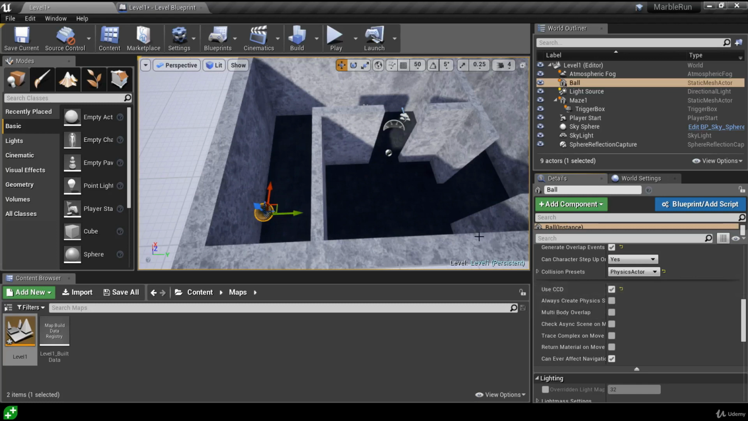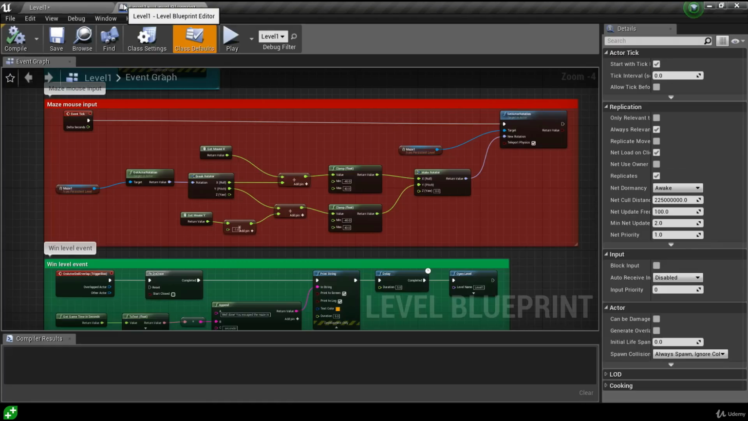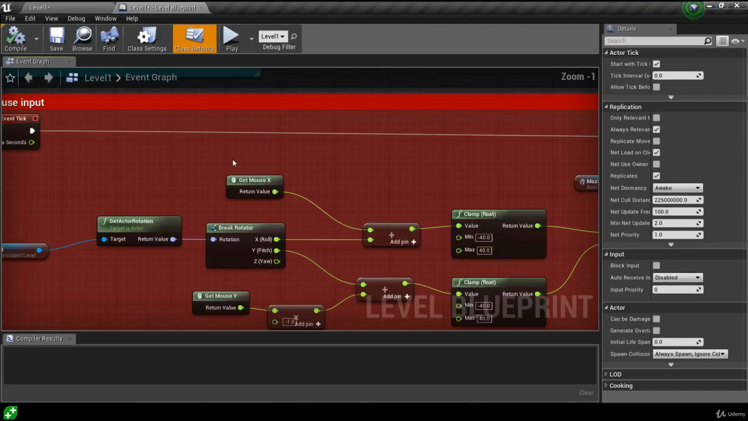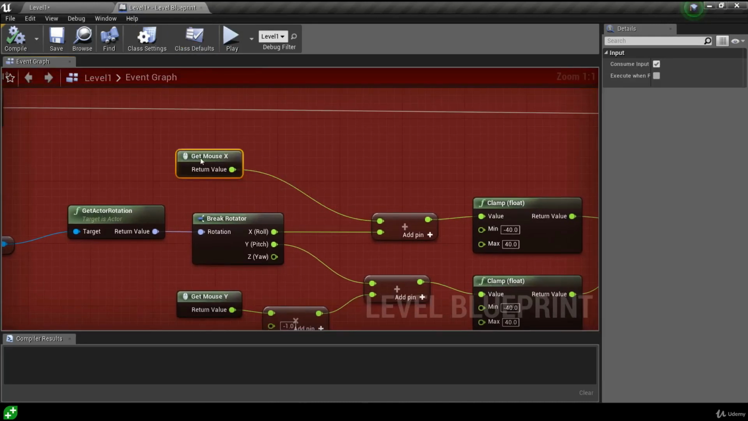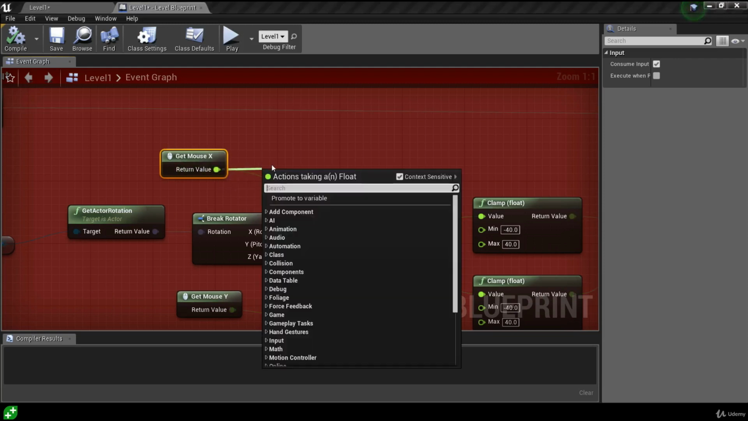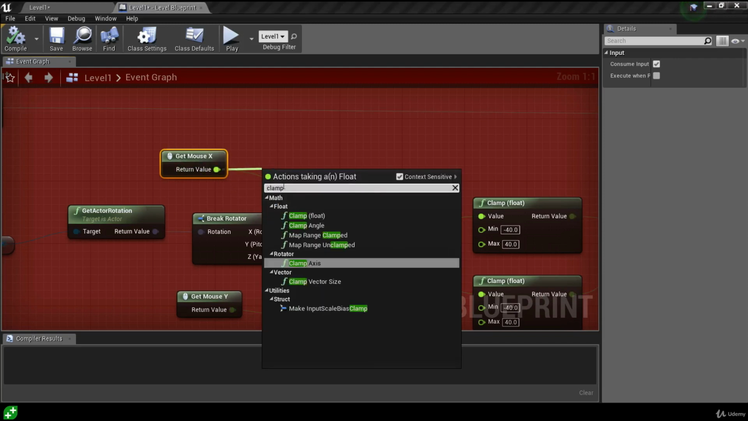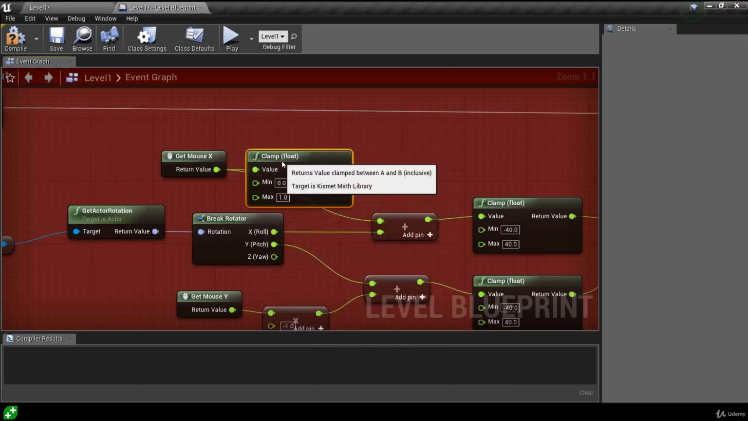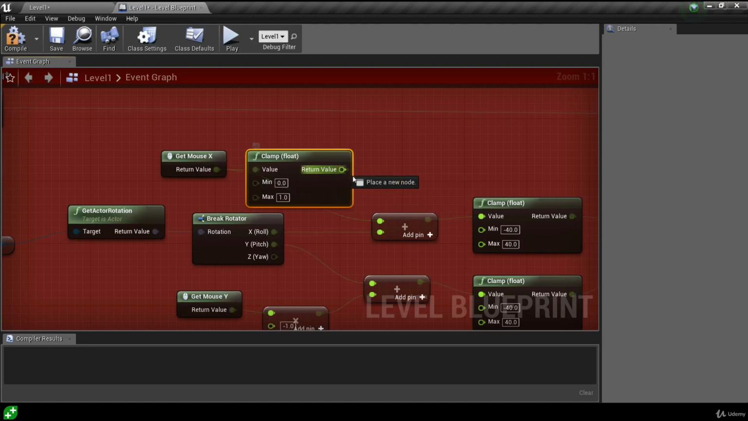And now we also want to take a look at clamping our mouse input values. So to do this, we want to head back to our level blueprint. And where we have our maze mouse inputs code, let's find our mouse X return value. With this, we can clamp it by simply dragging it out and releasing the float return value, and we can type and search for clamp. And we want to use the clamp float here. And now with the clamp return value, we want to make sure that it gets added to the current roll